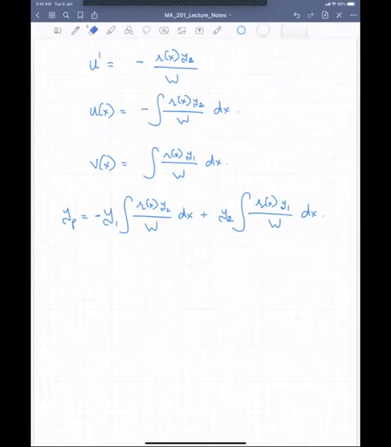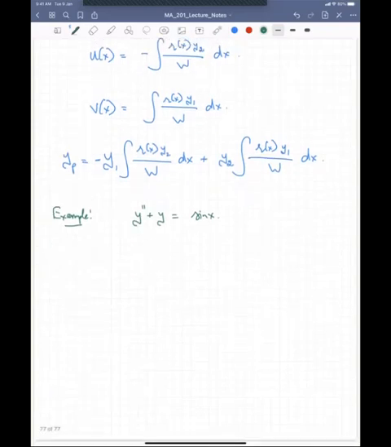And I will violate the rule that I just talked about and give you an example where it's actually easy to do by inspection. So y double prime plus y is, let us say, sin x. Now again, if you are given this question in an exam, you should always choose undetermined coefficients, because